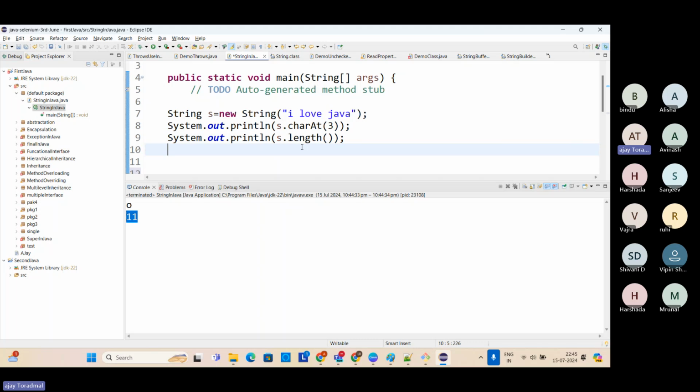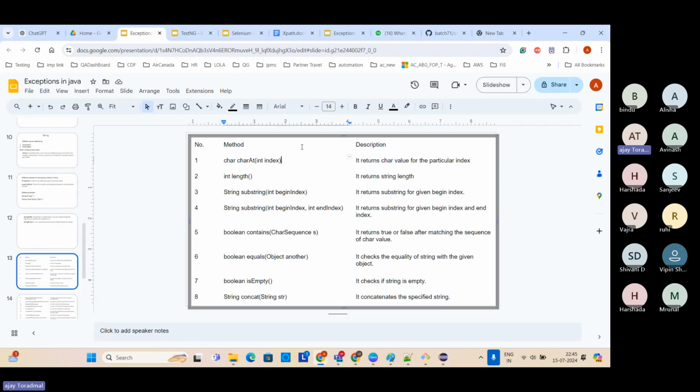Don't worry. This kind of question will be asked at the time of interview. Most of the cases an inbuilt method will be used, but sometimes the interviewer will ask you, okay, don't use the inbuilt method. So in that case, you should prepare your logic as well. Now, next thing that we have is the